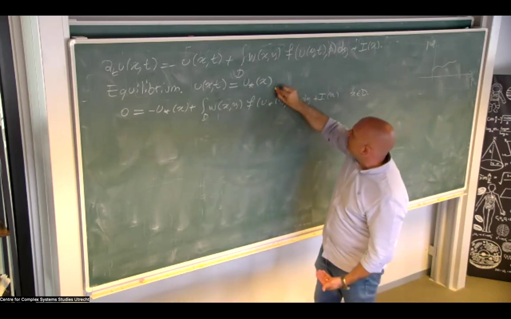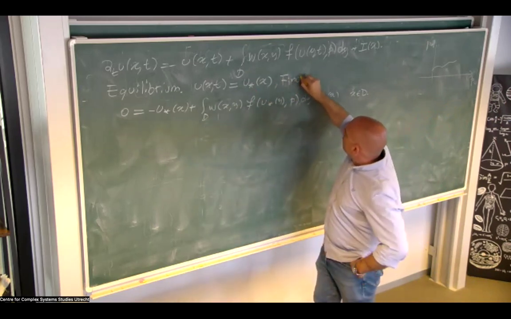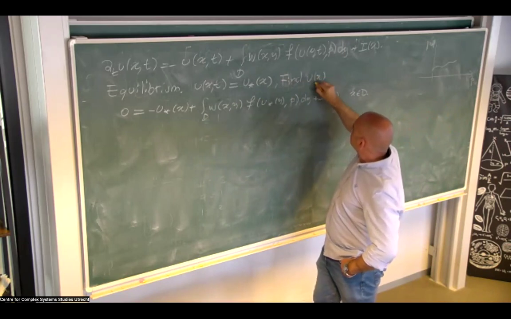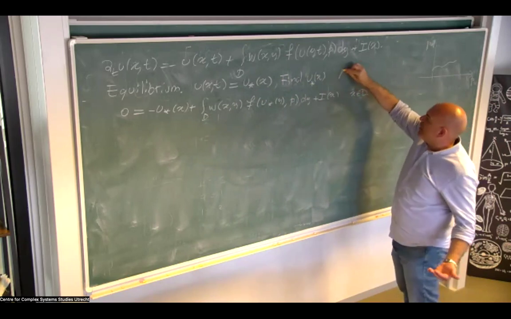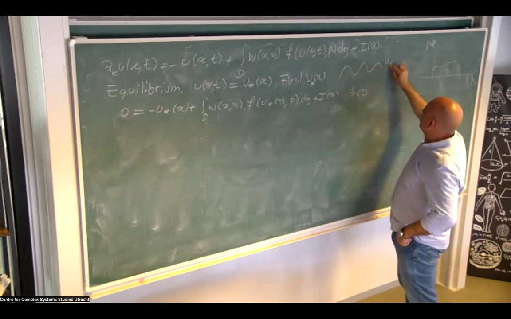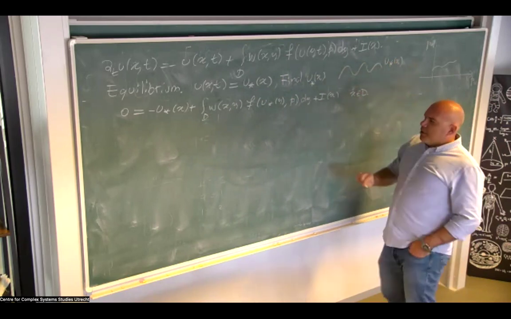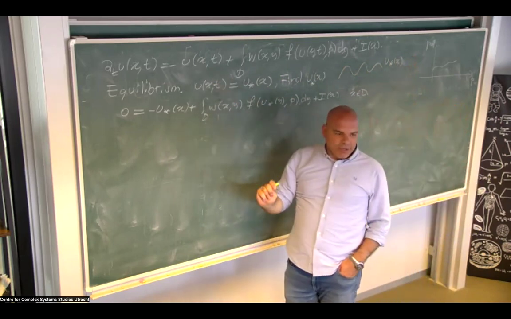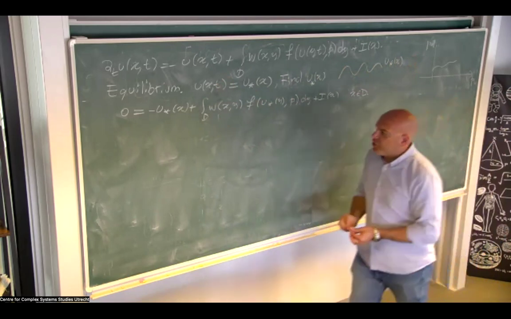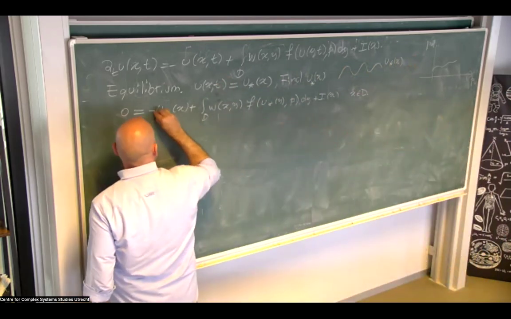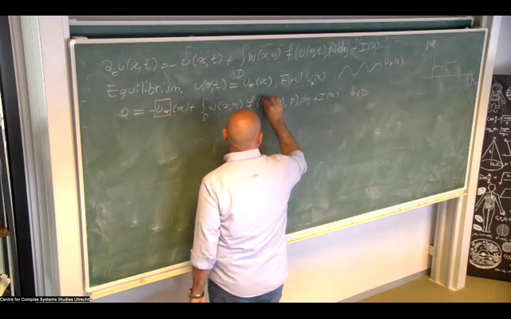I need to find a function u of x, u star of x. This function need not be flat. It can also be profiled. That satisfies this balance equation. And this is typically a non-trivial undertaking because the function u of x that you want is also appearing inside